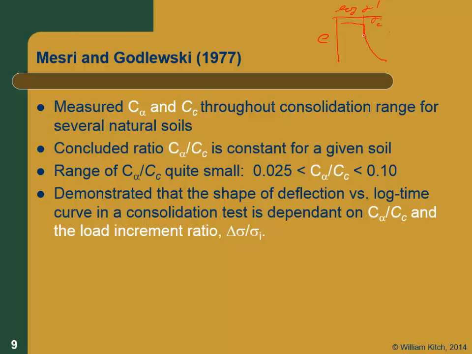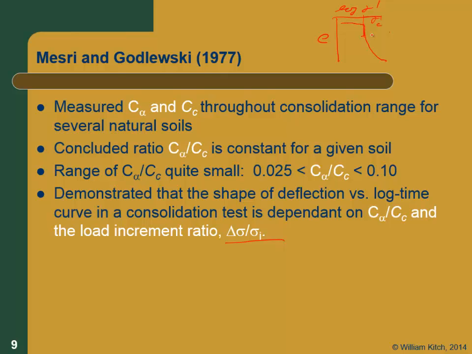if you believe this, this means the shape of the e-log p curve you get is going to be a function of the load increment ratio that you use when you're doing the test. And it's also going to be a function of how far past the end of primary you let the test run. Because in this part of the curve up here where it's really, really steep,